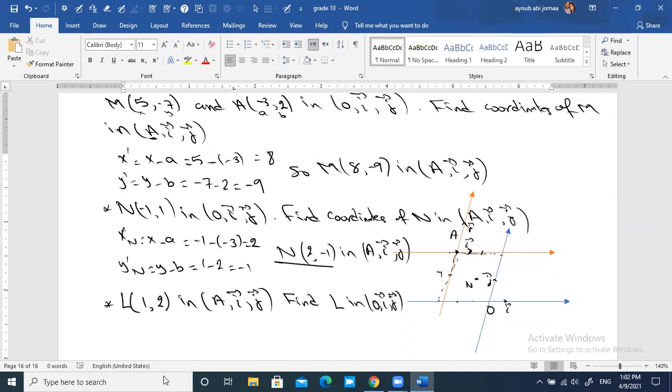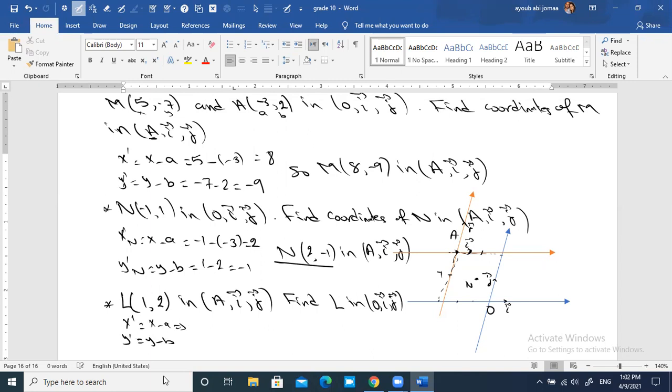X prime and Y prime. You are given X prime and Y prime. You have to find X and Y. We need the coordinates of point L in the old system, not in the new one. So apply the rule. X prime is equal to X minus A, and Y prime is equal to Y